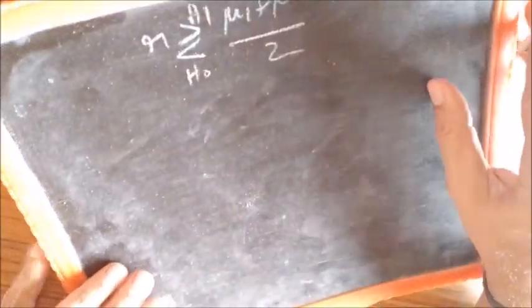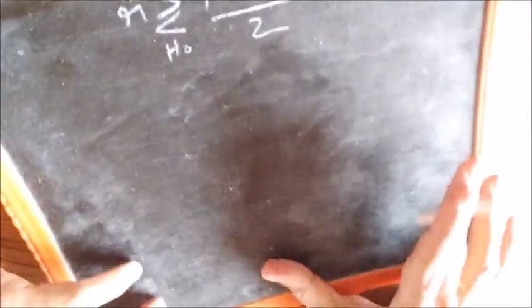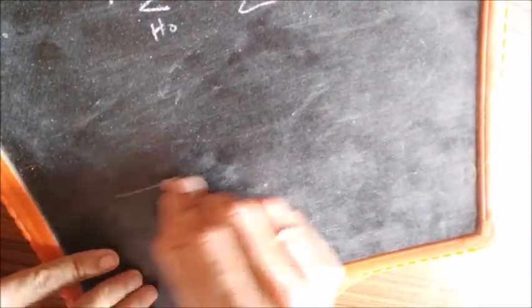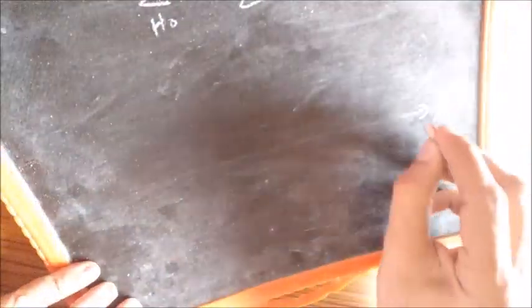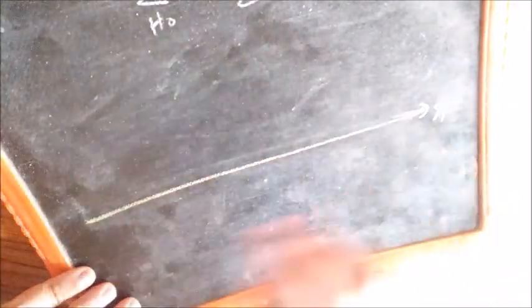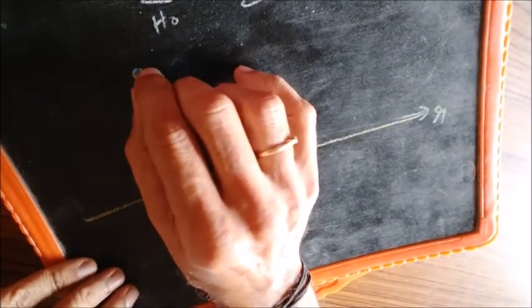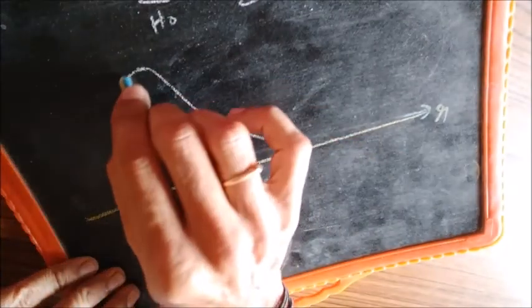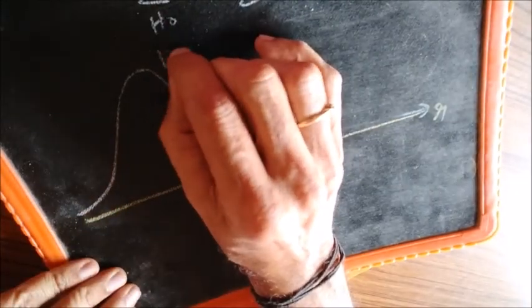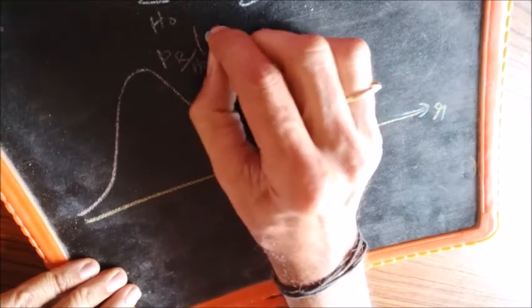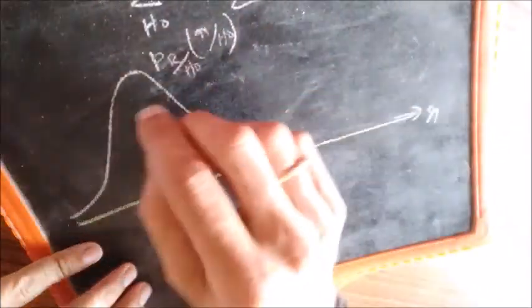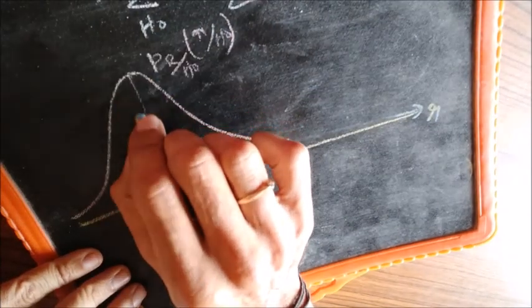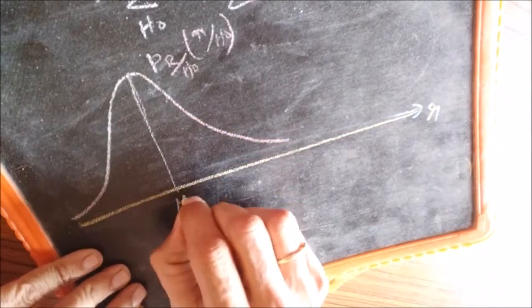We can show this decision rule pictorially in terms of the density functions, and it becomes intuitively clear then. Let's say this is the R axis, the received random variable, and this is P_R given H0, the conditional density function when H0 is true, and we know from the data that the mean is mu0.